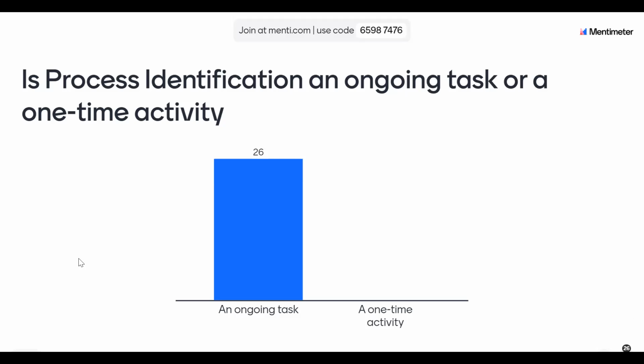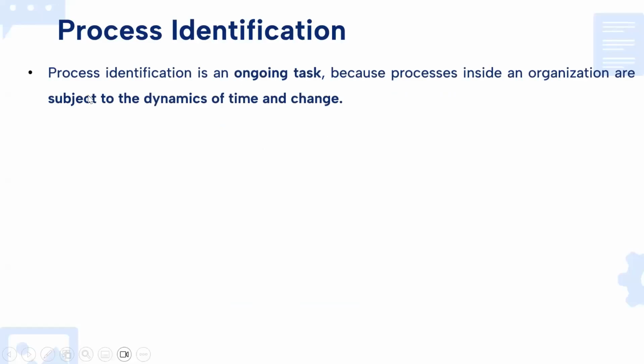Okay, so as we can see, almost everyone is mentioning that it's an ongoing task. So when you consider process identification, it's an ongoing task. It does not end. After identification and after improvement, you have to again identify processes, because from time to time these change. For example, when you consider an organization, we can identify the organizations are playing in a